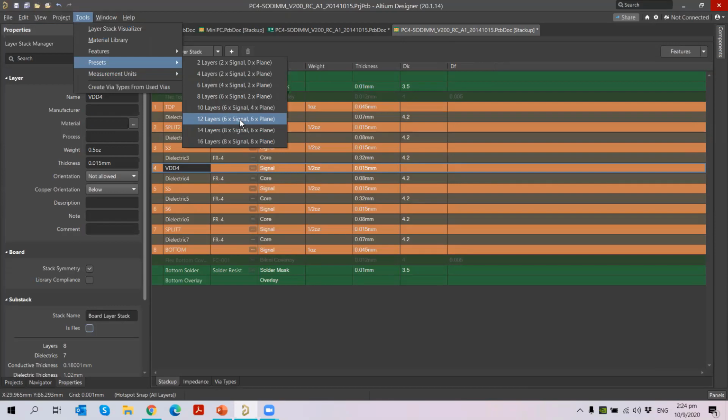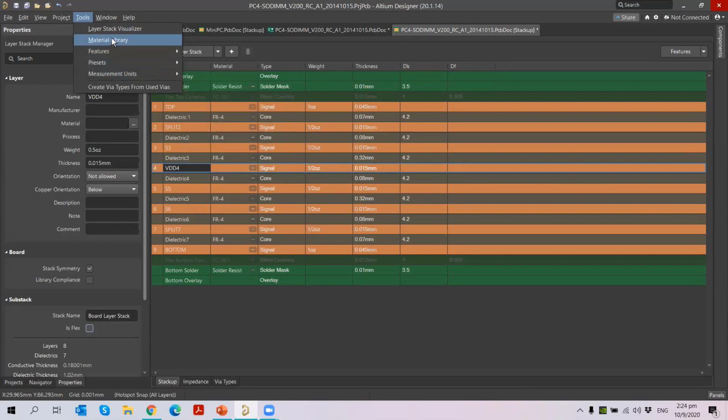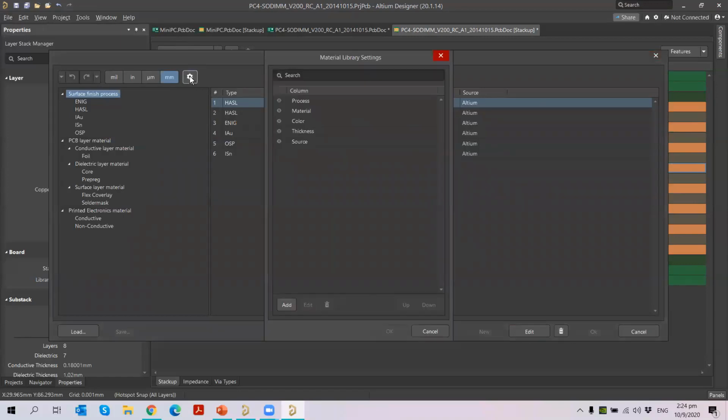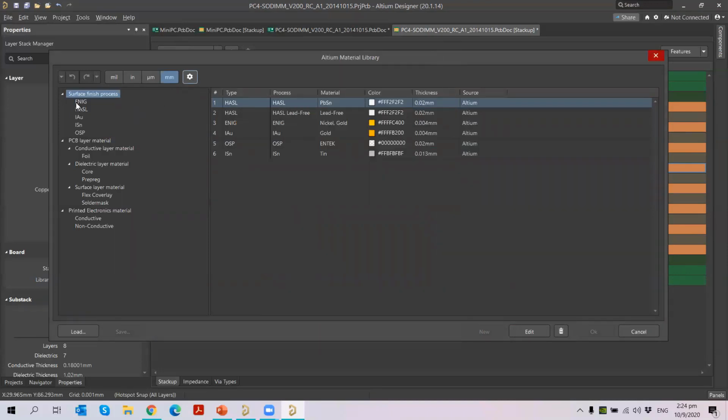Then if I go to this material library, you can see the predefined material library. I can just click on this, it will automatically open the material library, and then you will see some columns here. If you want to add or remove columns, you can go for settings. Settings will allow you to add columns here for the material library. And on the left hand side, these are the materials which have their own library material.